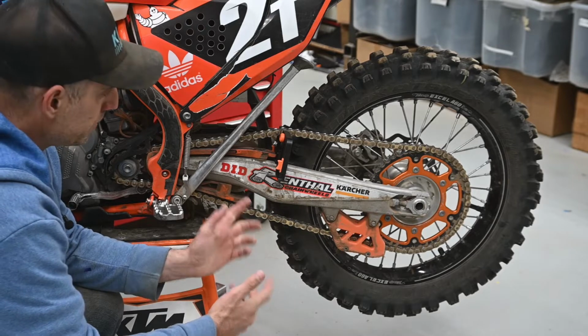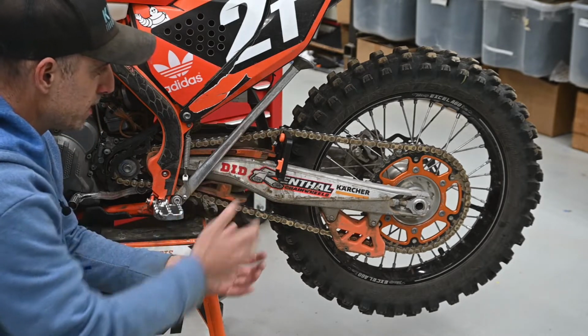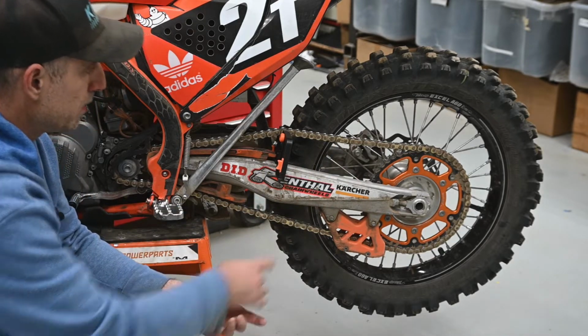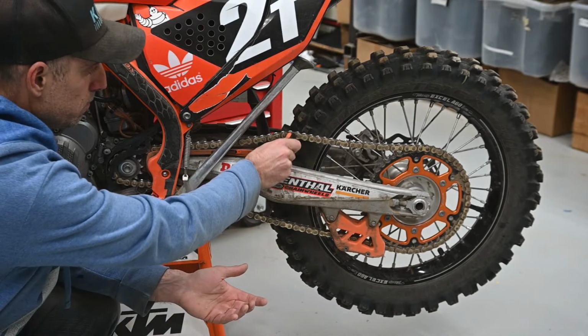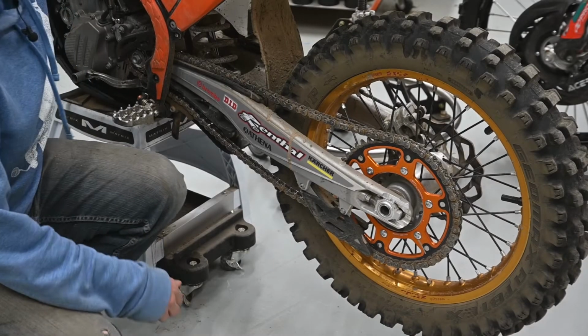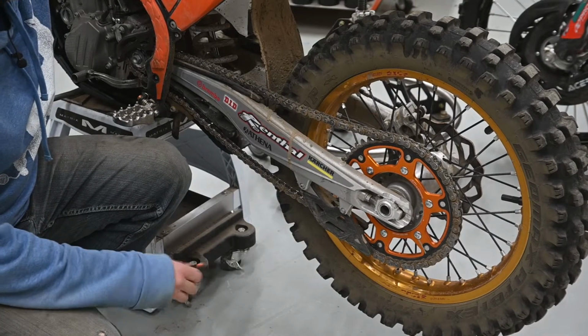Now, if your chain was out of spec, you could actually just leave the tool sitting right there, and then make your adjustments on the set screws towards the back of the swing arm, and keep turning those set screws until your chain is nice and taut, and then you can just remove the tool. Really easy process. So here's my 450 SX bike, and this has less hours on it,